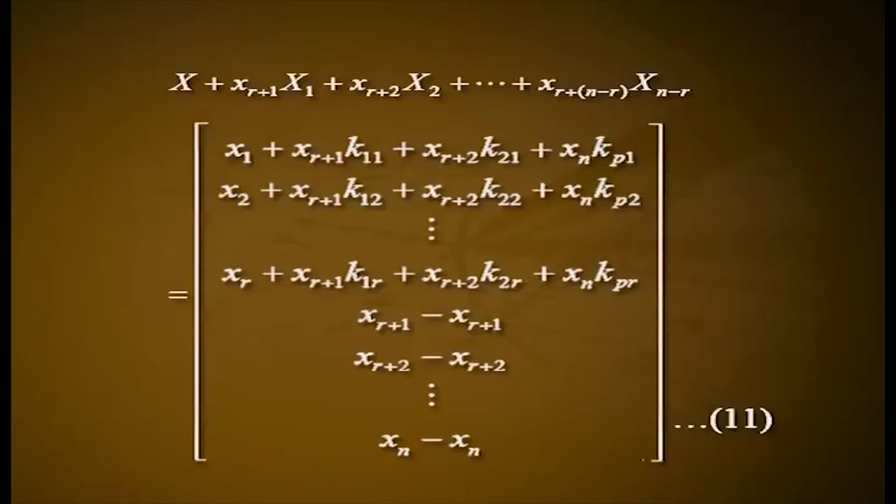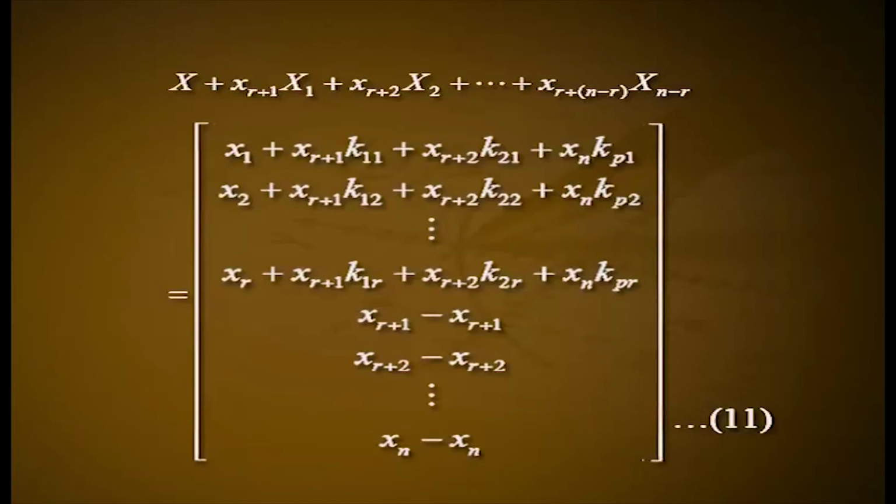Proof. By the previous theorem, since the rank is r, the given system has n minus r linearly independent solutions. We take these n minus r linearly independent solutions as x1, x2, etc., xn minus r, defined in the proof of theorem 2. Let x with the components x1, etc., xn be also a solution.